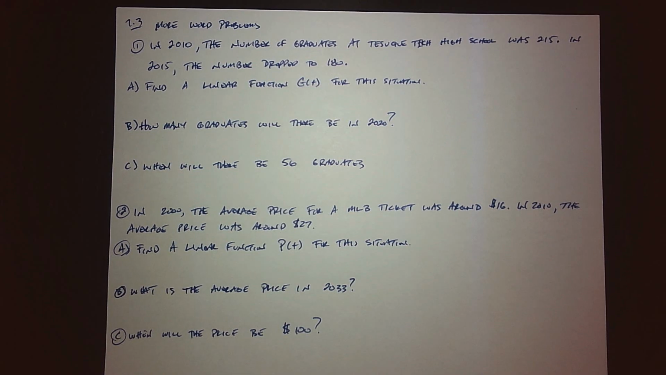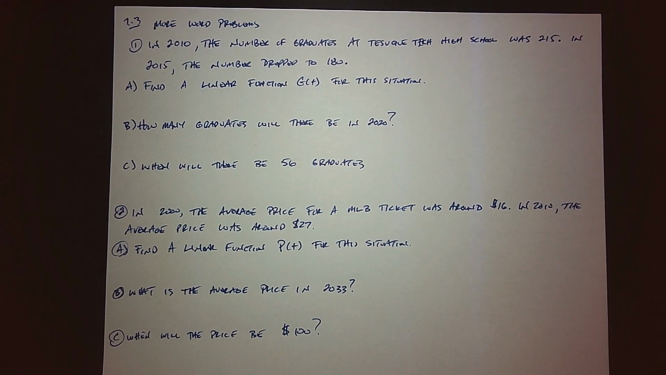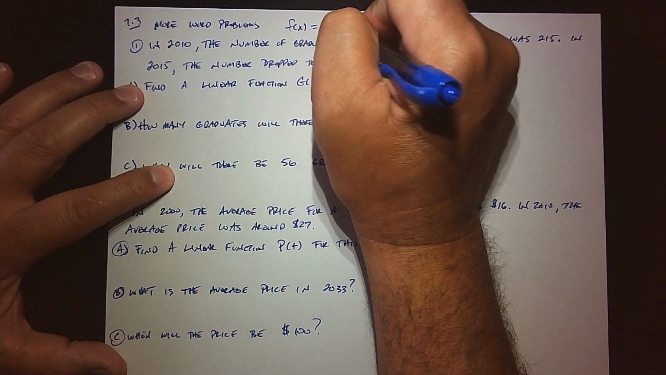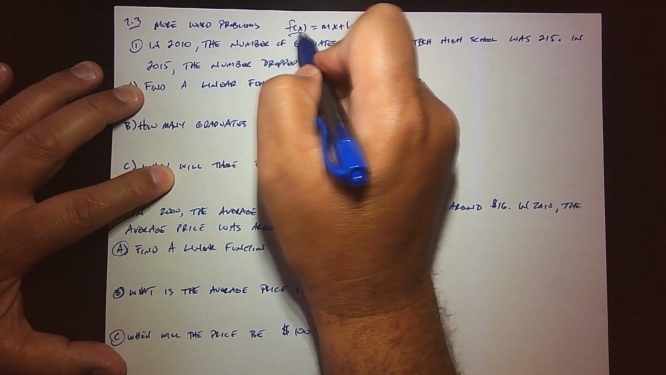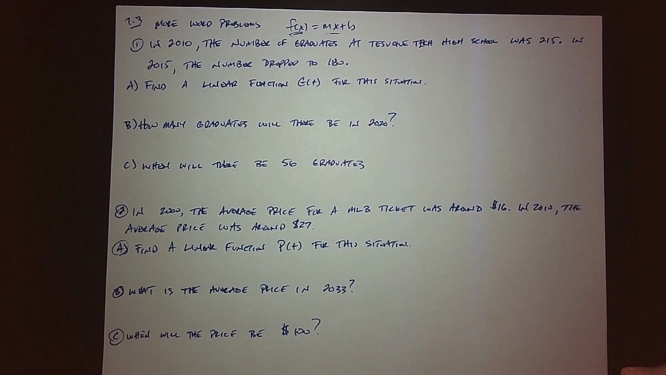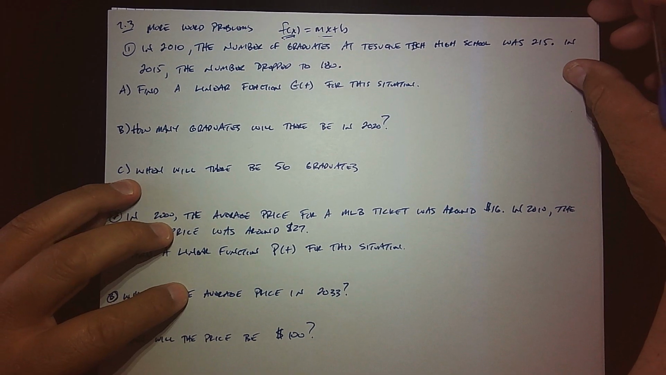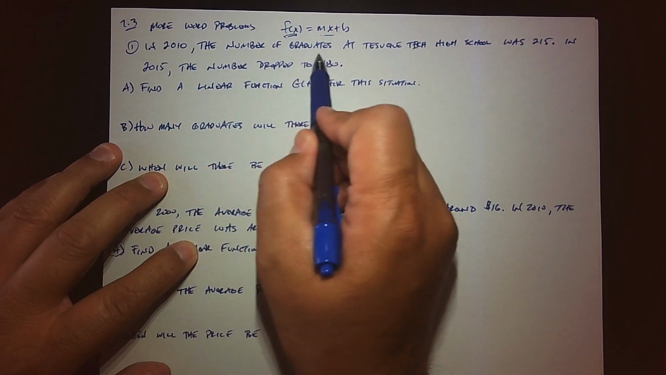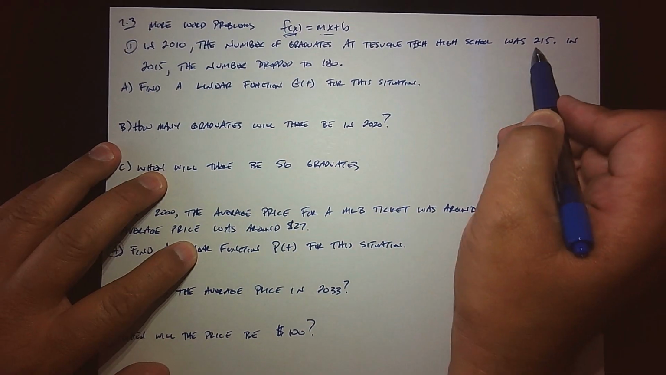Let's do another round of word problems. Again, we're trying to fit a linear function, f of x equals mx plus b, and we're playing around with the names. But what's different about this is there's not a clear y-intercept and not a clear slope. So we'll have to figure out how to do that, show you a trick of the trade, and hopefully these won't be so intimidating. So the first problem, in 2010, the number of graduates at Tasuka Tech High School was